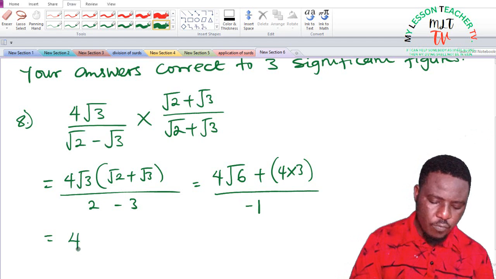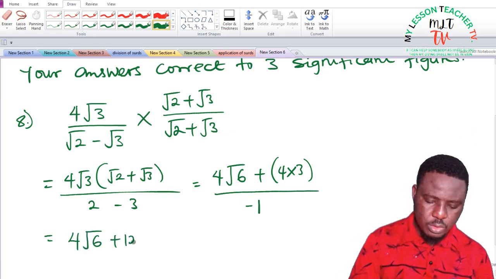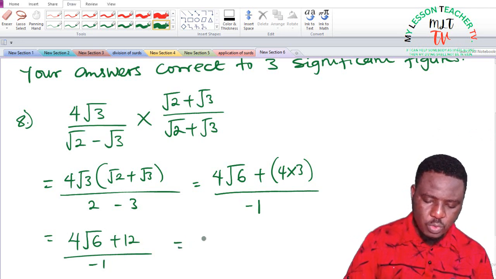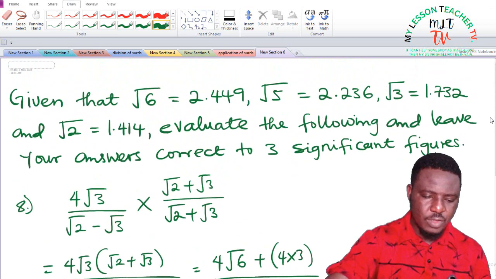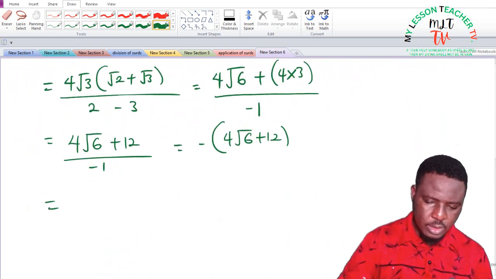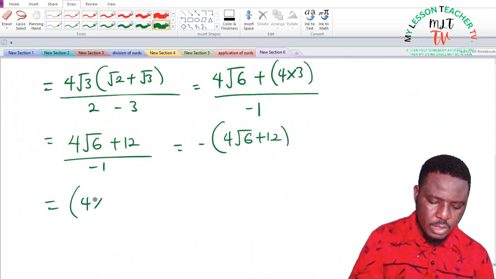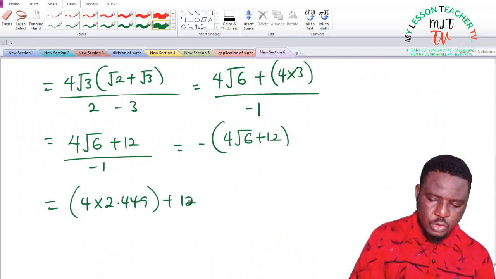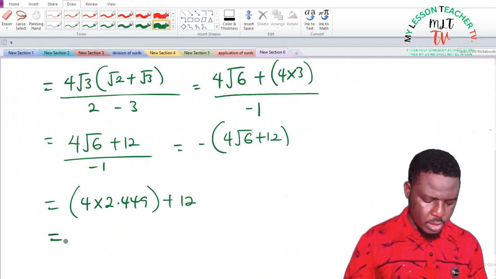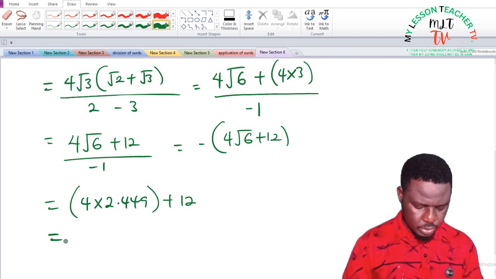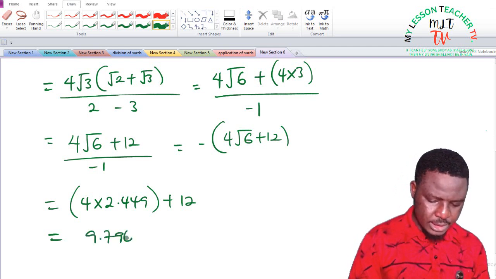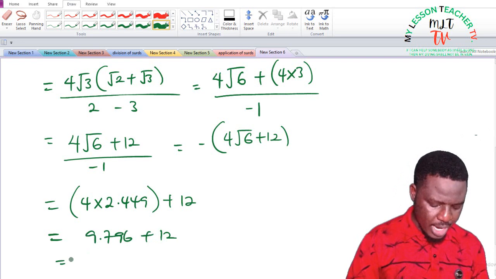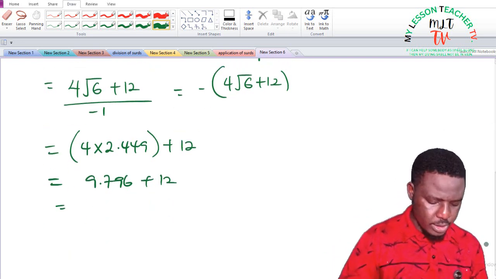This is equal to 4 root 6 plus 12 divided by minus 1. So this is equal to minus into 4 root 6 plus 12. And we know that the value for root 6 is given to be 2.449. So this is bracket 4 times 2.449 plus 12. So when you multiply this by 4, that is 4 times 2.449, it gives you 9.796 plus 12. And when you add that to 12, your answer is said to be